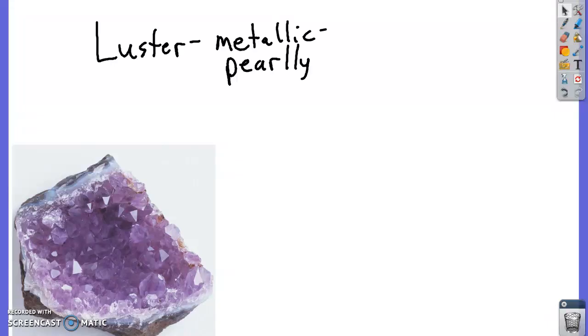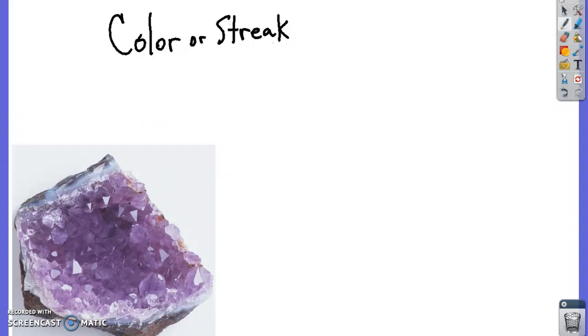Okay, now that is different than the next one, which is color or streak. Color is fairly obvious. If you look at the mineral, what color is it? Is it yellow? Is it gold colored? Is it silvery colored? What color is it? Okay, not so much whether it's shiny and that kind of thing, but just what color actually is it? Now, the color is probably one of the least